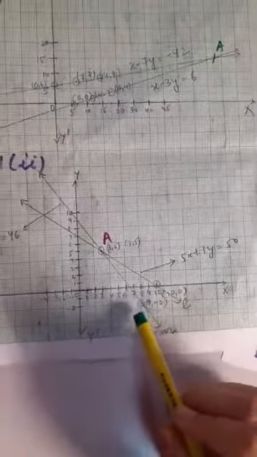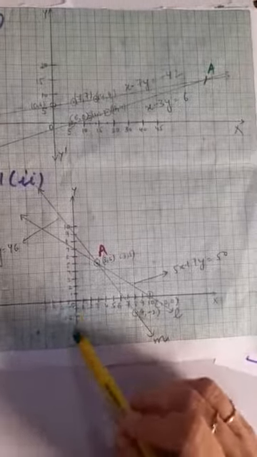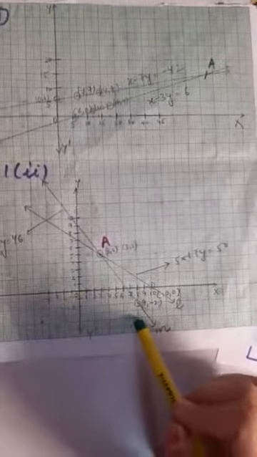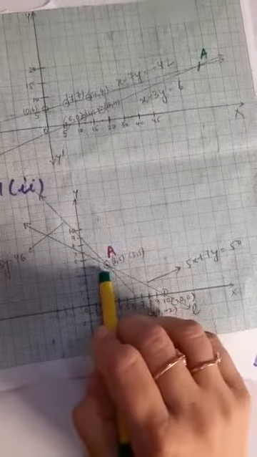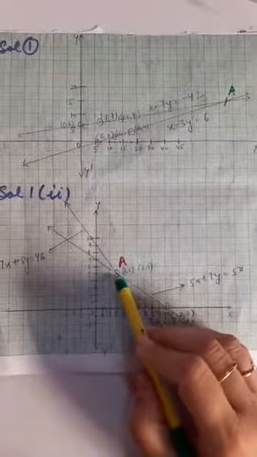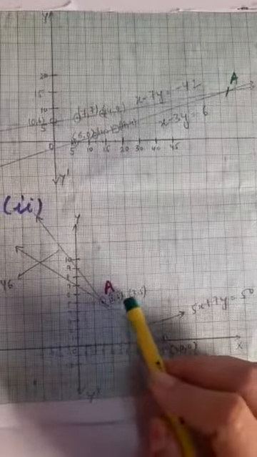Fine. Another point was 8, minus 2, meaning abscissa is 8 and ordinate is minus 2. Definitely I have to reach which quadrant? Quadrant number 4. So this is 8, minus 2 shown here. And the other point was 3, 5, which I have already plotted. When I drew both the lines, I can see that the lines are intersecting and I have got the solution also. What is the solution? That is 3, 5.